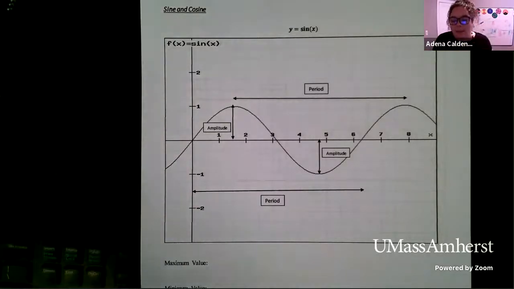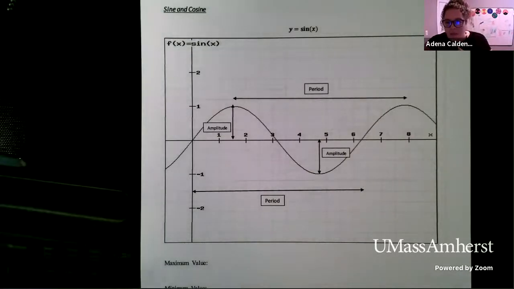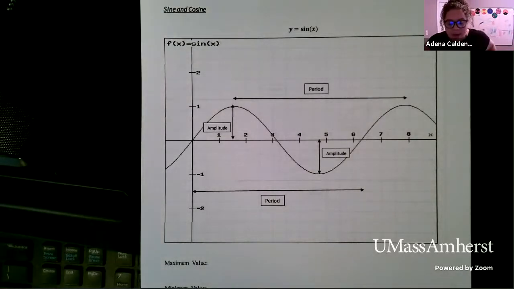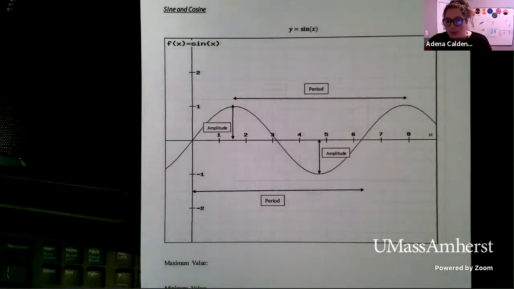And one thing that's really important in this class is that whenever we do any calculations with sine and cosine, we always have to be doing it in radians. So we are not studying sine and cosine in terms of triangles because we're not doing any geometry. We are instead looking at it as a function, which means that we are evaluating things in radians. So if you are doing homework problems with sine and cosine and you are getting the wrong answer, your calculator may not be in the right mode. So make sure that your calculator is in radian mode whenever you're doing anything with sine and cosine.